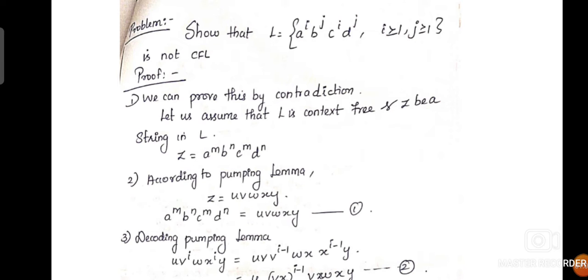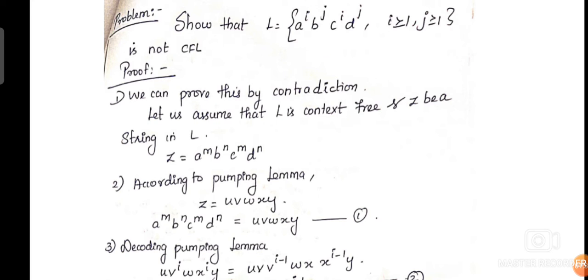So to prove a given language is not context-free, we have to use the pumping lemma methodology. We can do this problem in a step-by-step manner. First of all, we have to use the method of proving by contradiction. That is, we will take the assumption that L is context-free. That is, we will assume that the given language is context-free and we will take one example string from our